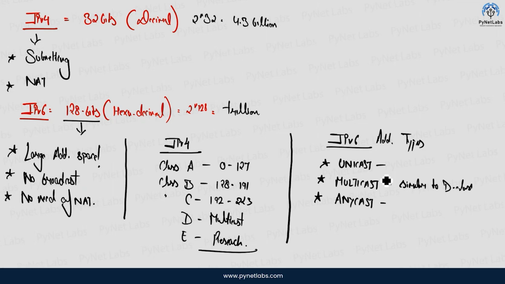this anycast address. But before that, I'd like to show you the structure of IPv6, how it is written and how we are going to define the IPv6 address. If I'm going to define the IPv6 structure, how exactly does it look like? So let's take an example. Let's say we have an IP address which is